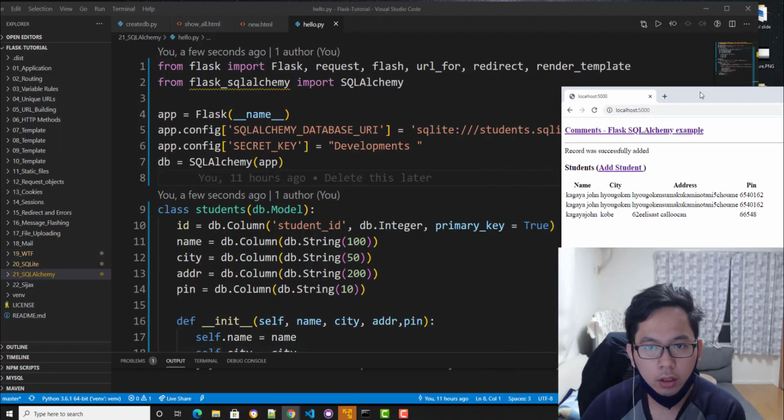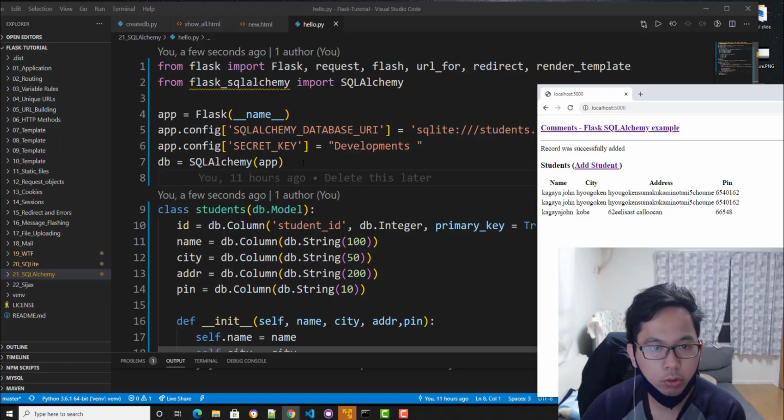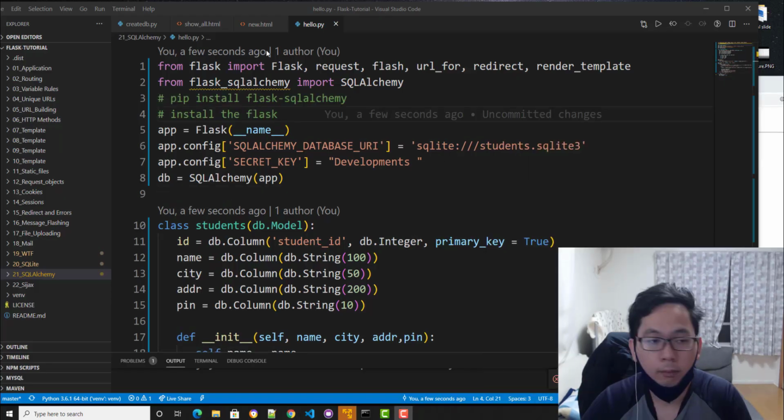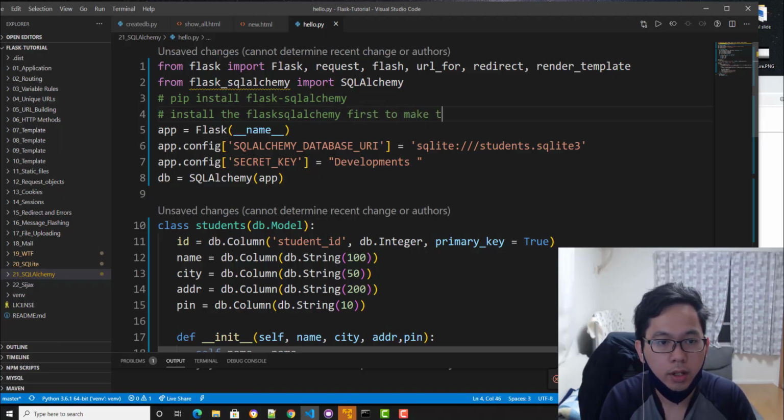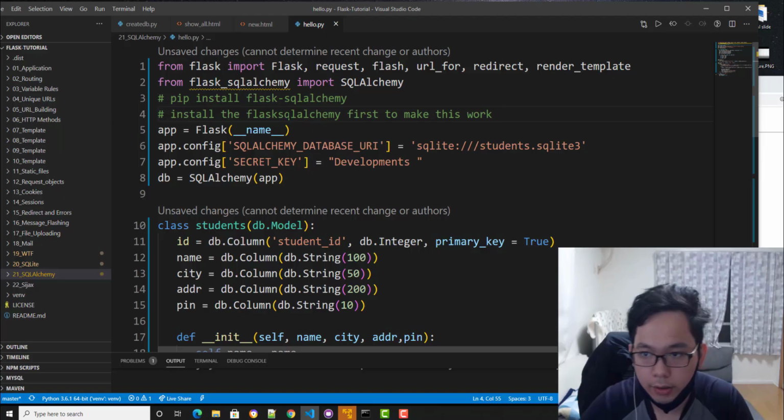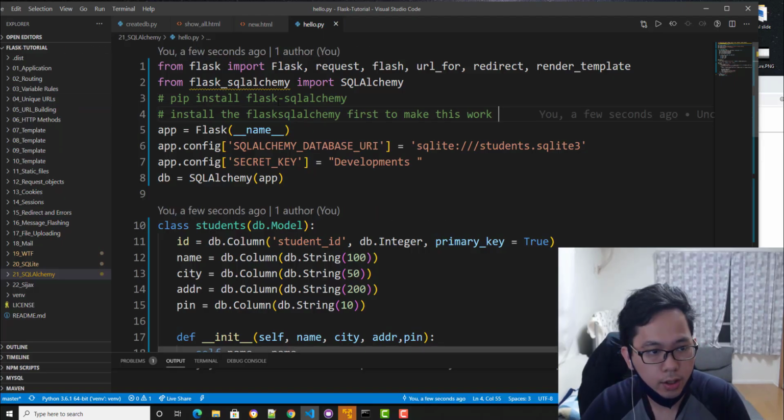The way you're going to install it is you need to install Flask-SQLAlchemy first to make this work. Then you're going to specify your SQLALCHEMY_DATABASE_URI on this one.